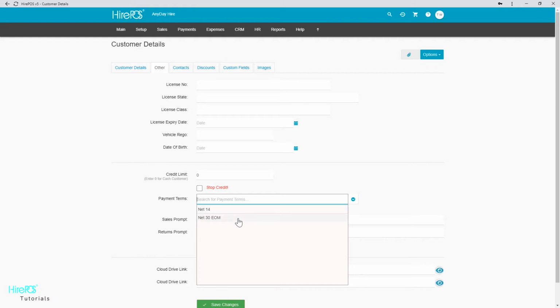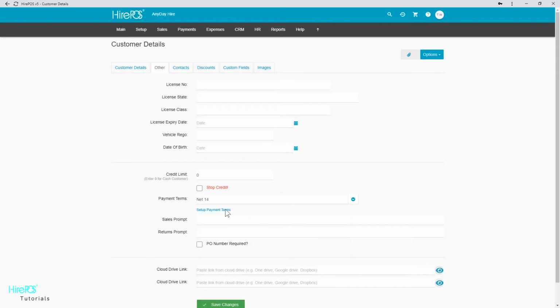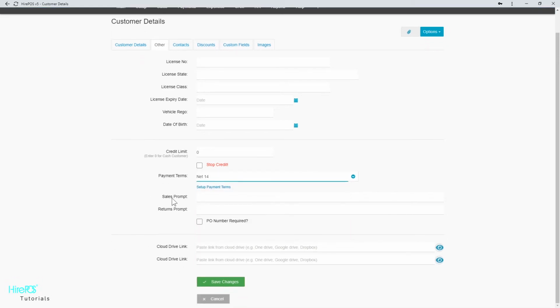Payment terms can be set up using the Setup Payment Terms link or in the Setup Preferences area of HirePOS. Sales Prompt lets you input a short message that will appear on screen when opening the customer's file on the sales screen or when working with the sales record for that customer. The Returns prompt is similar, but appears on the Returns screen. The PO Required checkbox will force users to enter a purchase order number for this customer before being able to